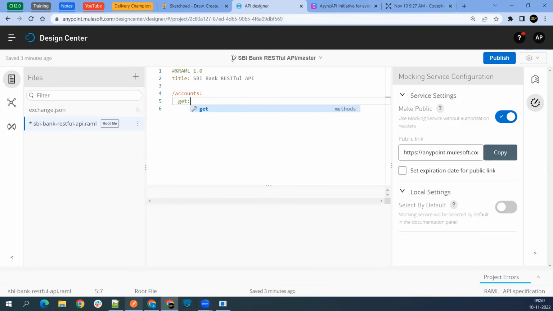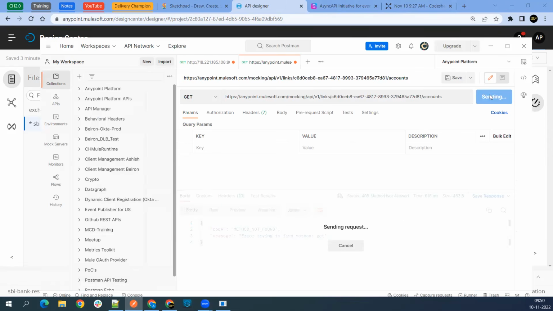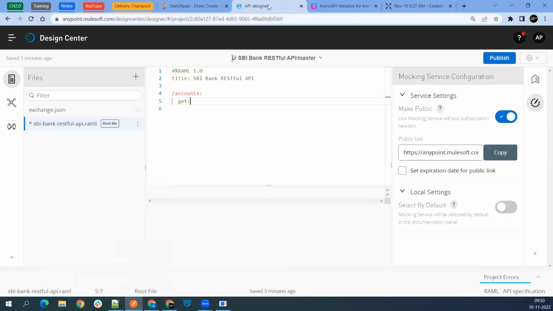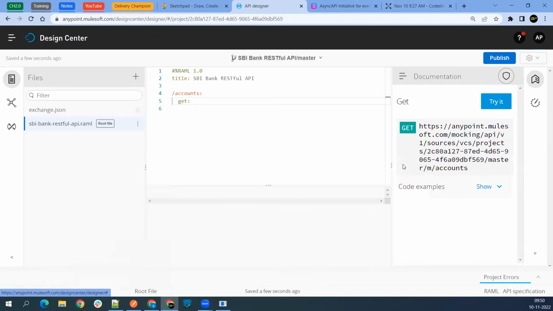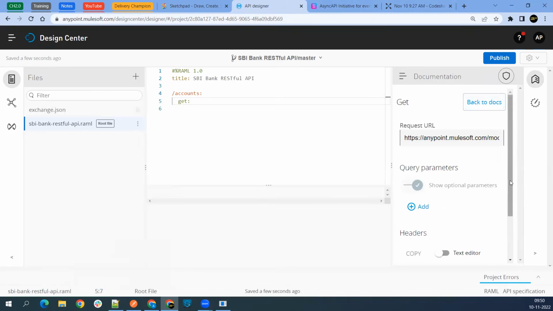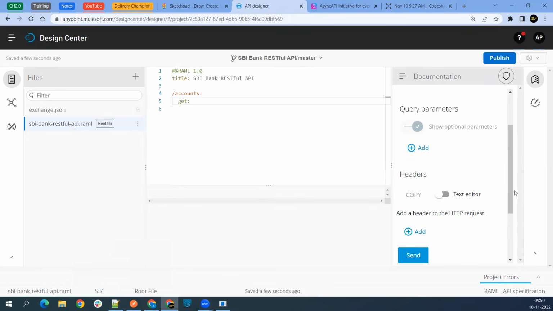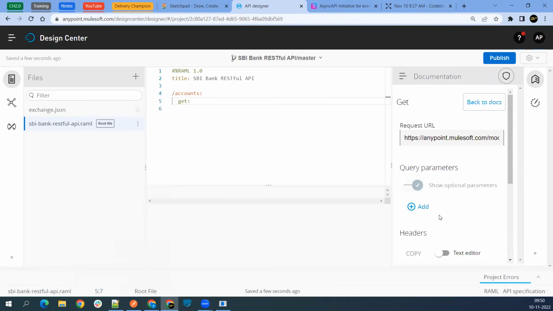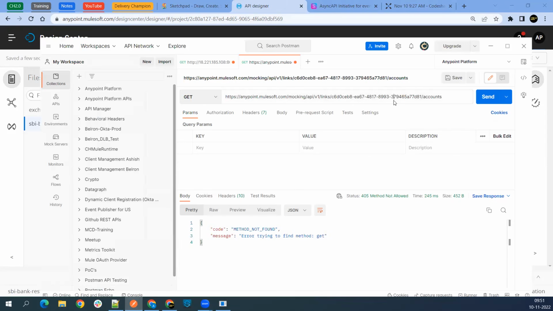Now, if we go to Postman, simple, we have not done anything, right? Get method, send. 200. We are able to see here, right? So now if I go ahead and Control A, Control C, and go to Postman, I'm just showing you, we are going to do all these things during our